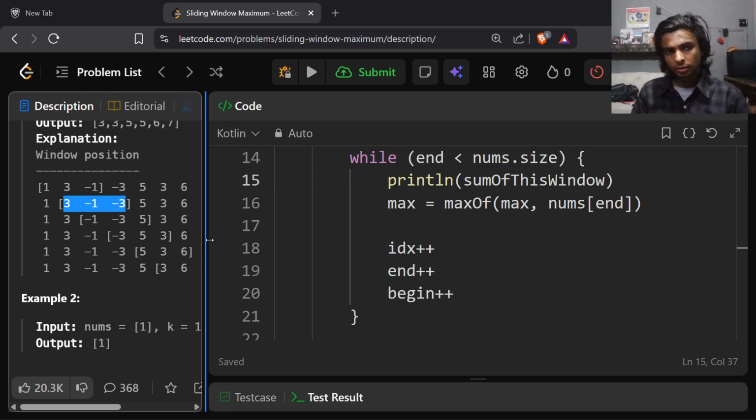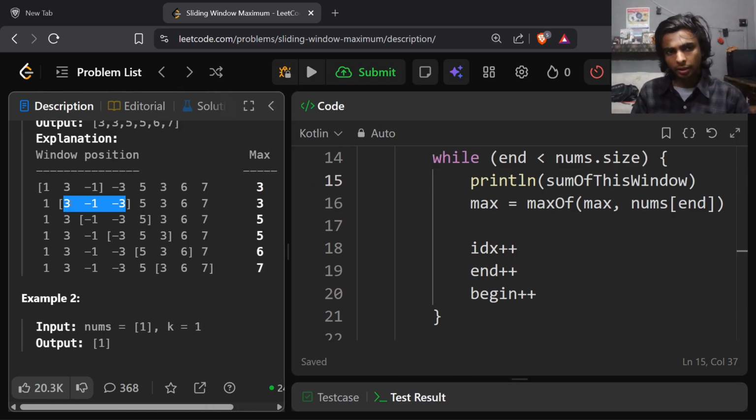Three is the max here. So this 3 left the window, and this 5 entered the window, which is a win. So we set new